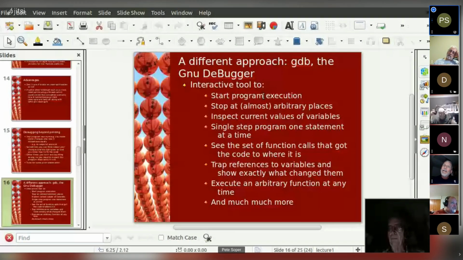You can also stop at any one of a number of places. There's typically an implementation boundary on the number of places that you can stop. In this case, I think it's 6. It controls what are called breakpoints, which are points that you define, such as line 146 inside function foo.